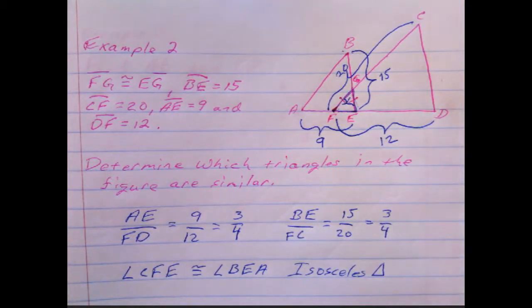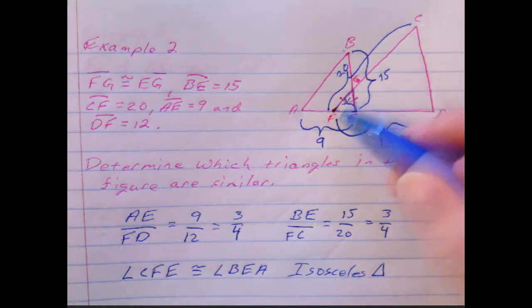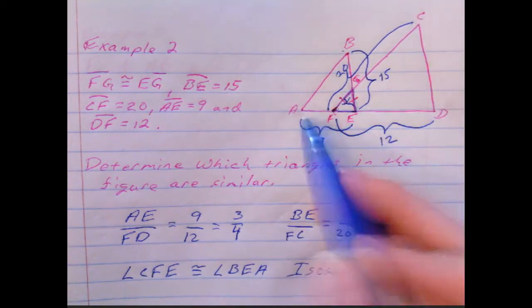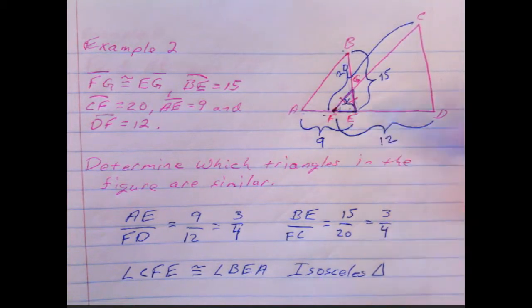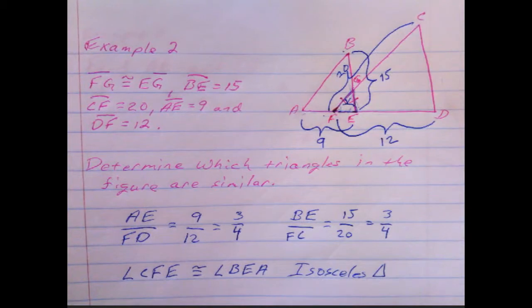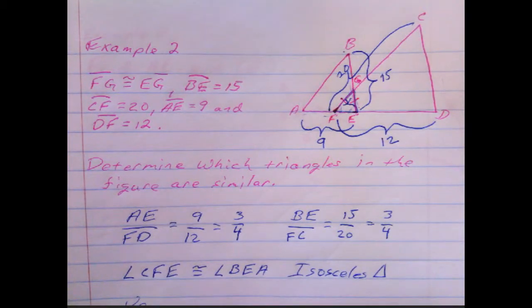Okay, so now I have this side goes with this side. I have the bottom with the bottom, and I have these angles here. That is the included angle. So I can say yes, and I'm going to name them triangle ABC